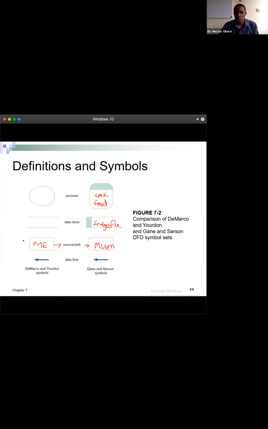Okay, so it is being depicted by the same rectangle, but the difference is the direction of the arrow. If it's going out of the rectangle, it means it's a source. If it's going into the rectangle, it means it's a sink. And obviously your arrow shows the direction of data, which direction the data is going, all right? As you can see, this arrow is going this way, and this arrow is also going that way. And remember, every arrow must be labeled, okay? Every arrow must be labeled. Like this arrow now will be